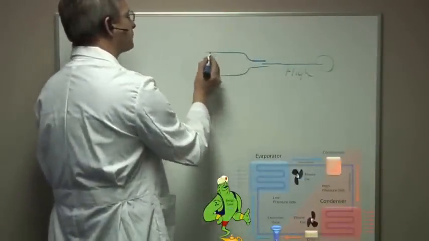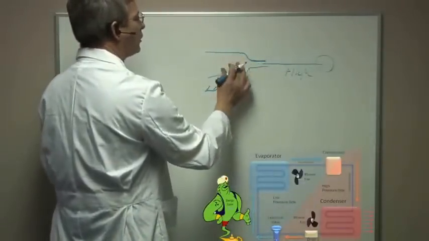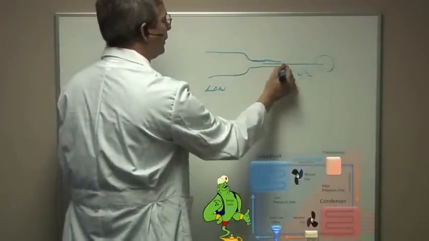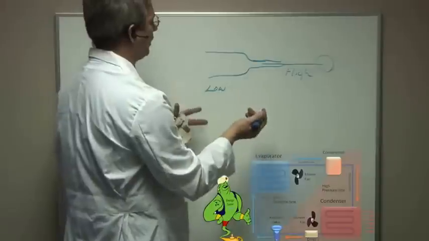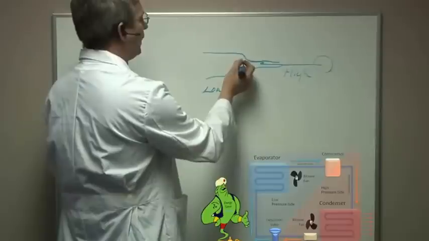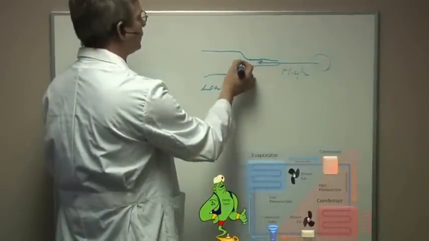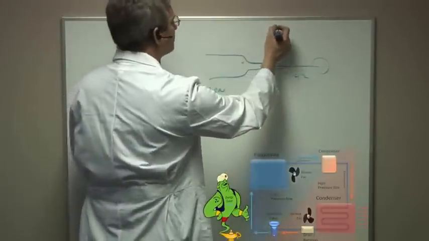What happens here? The superheated compressed gas comes to here, and as it hits this larger area, from this very small area to a large area, it expands. When it expands, it changes phase. When it changes phase, it allows it to come from a superheated gas to a liquid in here. The problem with this is when H2O,